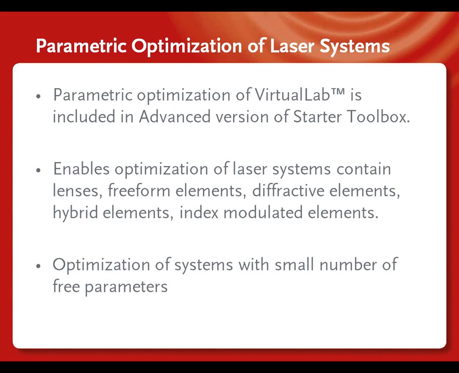The parametric optimization feature of VirtualLab was released in version 4.10, so before Christmas, and it is available in the advanced version of the starter toolbox. Parametric optimization, or this new advanced version of the starter toolbox, enables the optimization of laser systems containing, for example, lenses, freeform surfaces, diffractive elements, hybrid elements or hybrid lenses, and also index modulated elements. So it is not only a tool to optimize lens systems, but these systems can contain much more different types